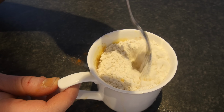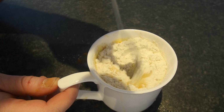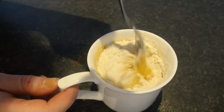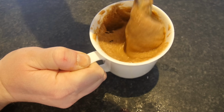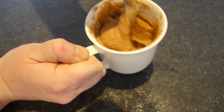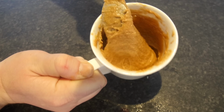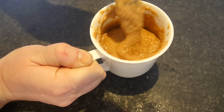Give this all a big mix together gently so that I don't spill any out the mug, which is probably standard normally for me, but we're doing all right so far. Wasn't too happy with how that was looking. It was a bit rough around the edges. So I added a little bit more milk and really kept mixing it hard with a fork. And now it's gone a lot smoother. So we're good with this. That is the dough for our